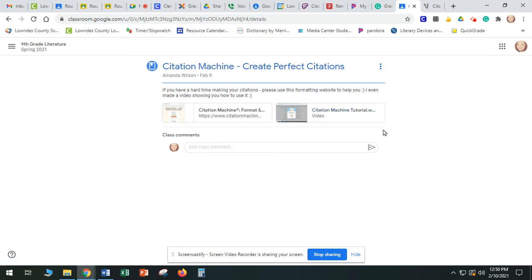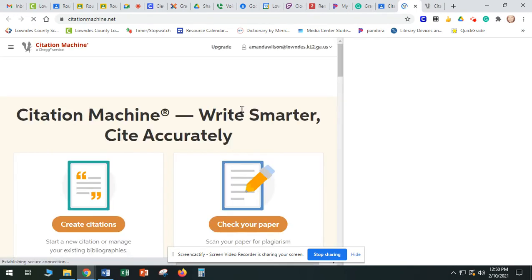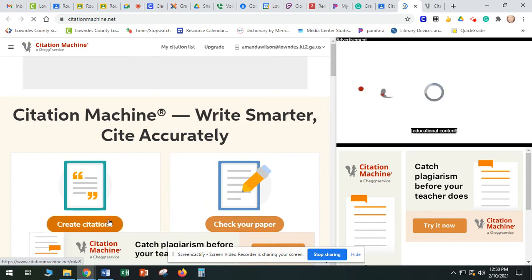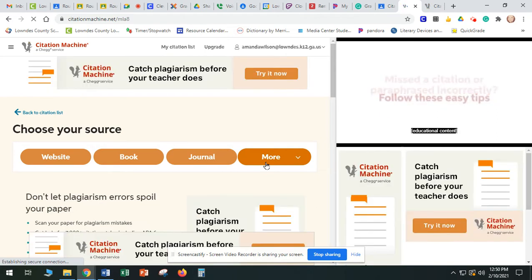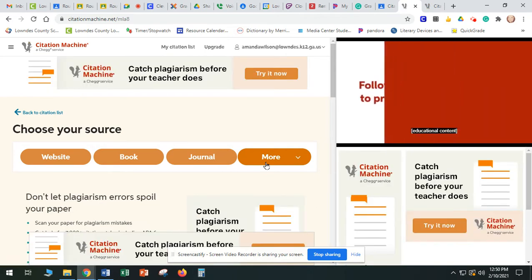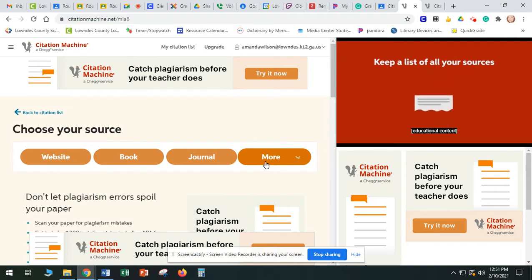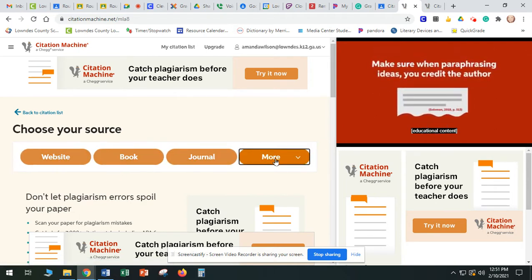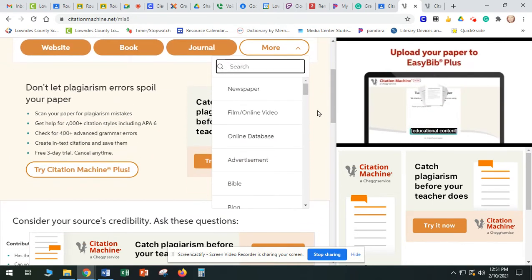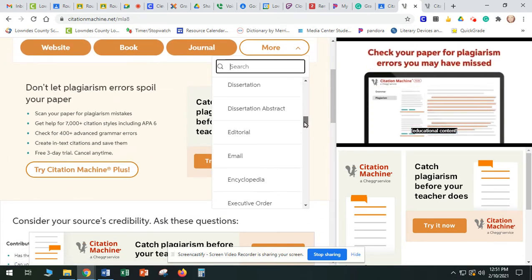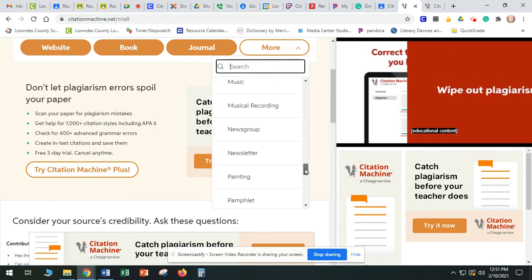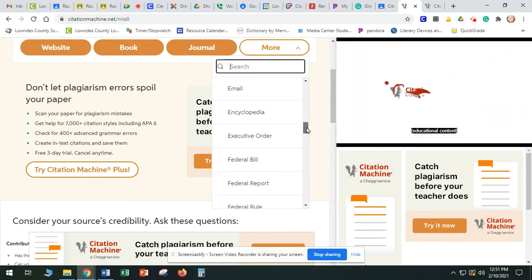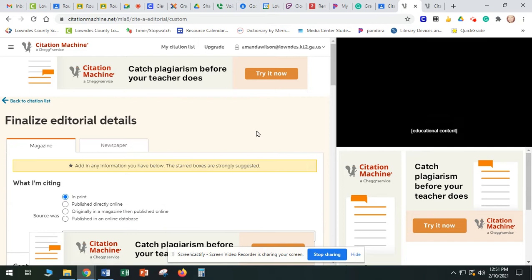So all you need to do to get to the website is click this link and it will open Citation Machine for you, and you're going to click on Create Citation. My 10th graders are working on a paper where they have to compare and contrast an editorial and a biography. So that is not a website, a book, or a journal. I'm going to hit more. And when you hit more, you'll see that they give you almost every resource imaginable that they will help you cite. So I'm going to scroll up to editorial and click that,